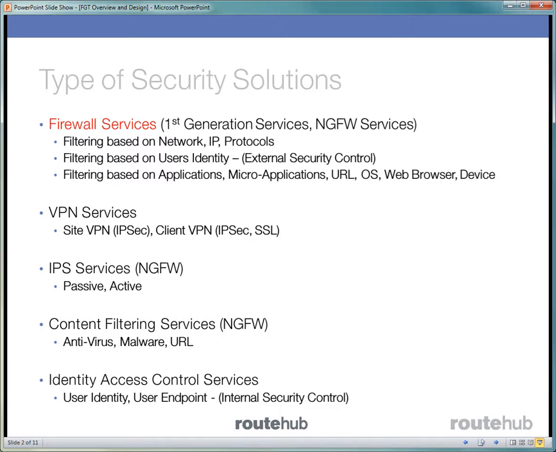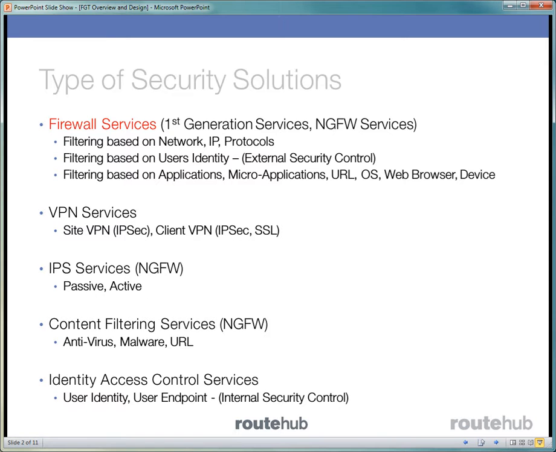Now, this pertains more to internal access, whereas filtering based on the user's identity on a firewall is more external. Threats can easily be spread internally, so deploying deeper security internally is also very important for data loss prevention. We have a video series in our collection for deploying such a solution for identity access control. But this video series is focused on showing you how to deploy a next generation firewall using the FortiGate firewall